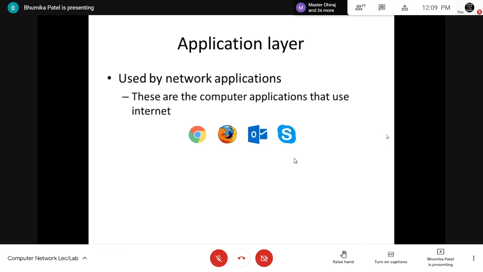It is the topmost layer of this OSI model, and as I said, it is used by network applications, and a network application is nothing but a computer application that uses the internet.